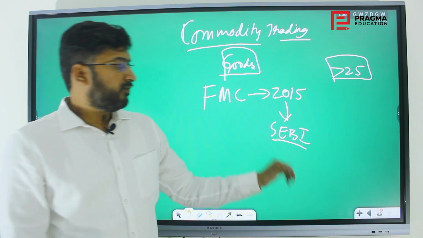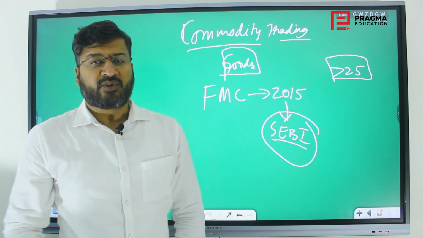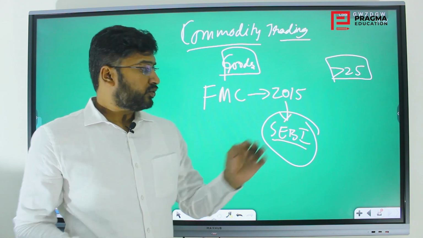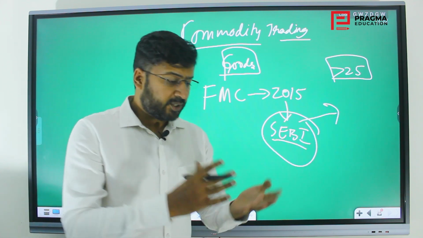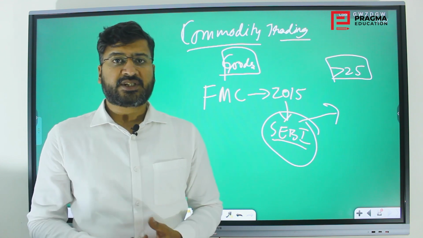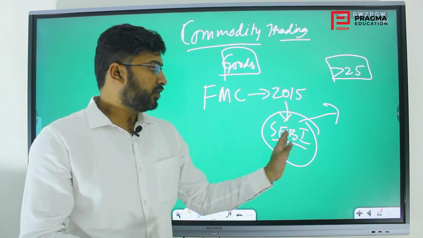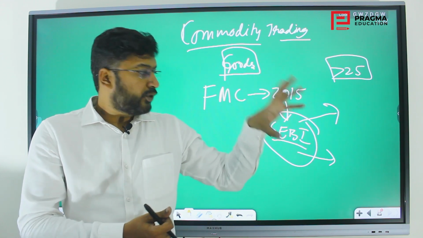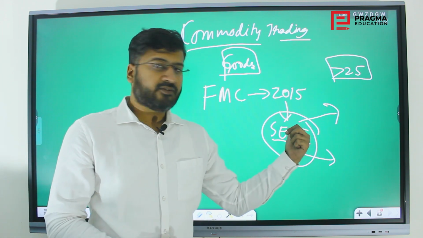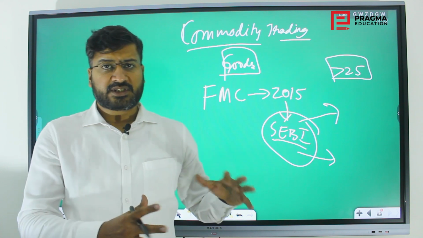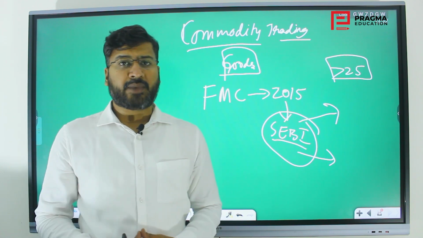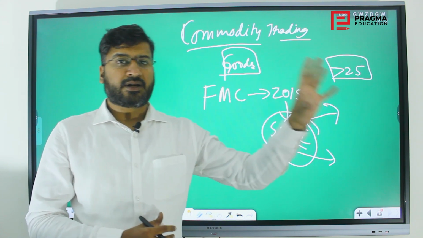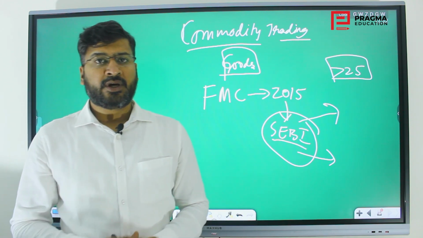So have a look wherever SEBI's name comes in the newspapers, and why SEBI's name is coming up there. It means SEBI is also overlooking these things, or SEBI also does this. That way you will have an idea of the functions of SEBI. When you take a standard book and read, there will be functions written, so have a look at those also. Otherwise go to the official website of SEBI and note down a few keywords regarding the functions of SEBI. Then the functions of RBI. We will be covering the functions of RBI in the upcoming banking chapter in great detail, but still you can have an idea. These things are all under the purview of RBI. These things are all under the purview of SEBI, and so on.